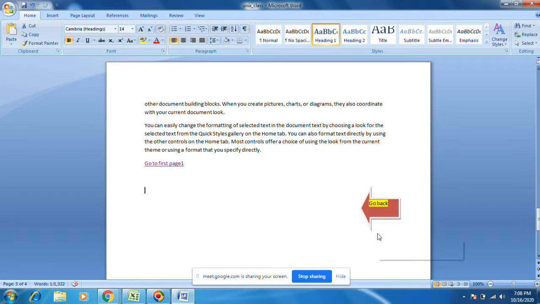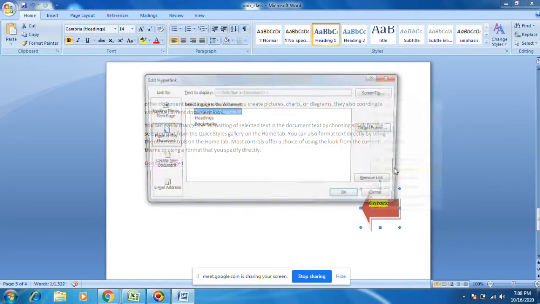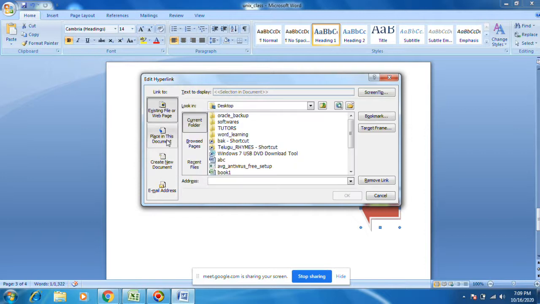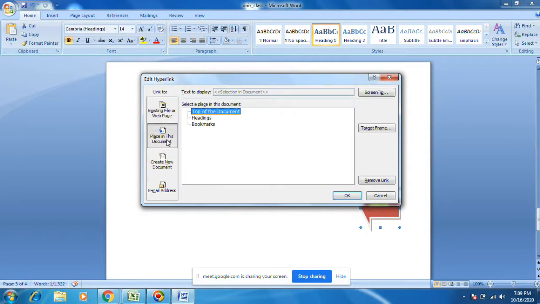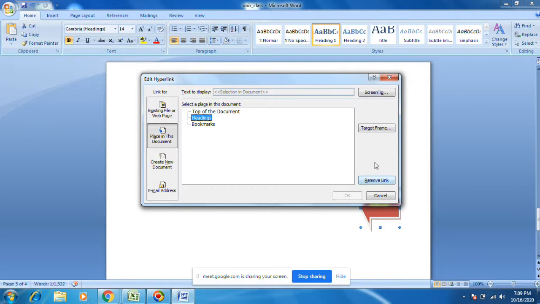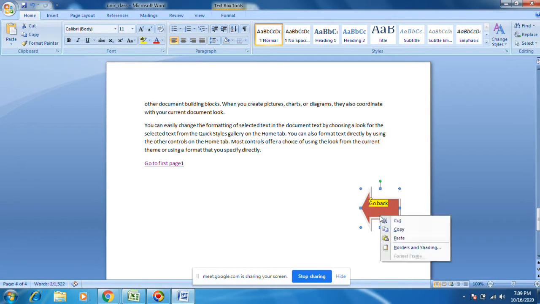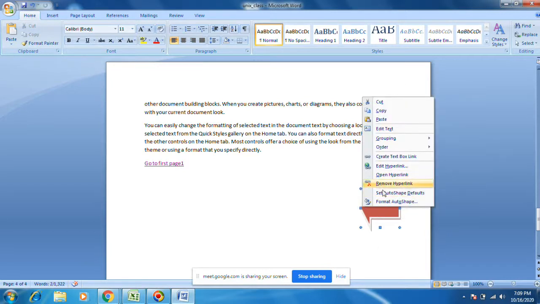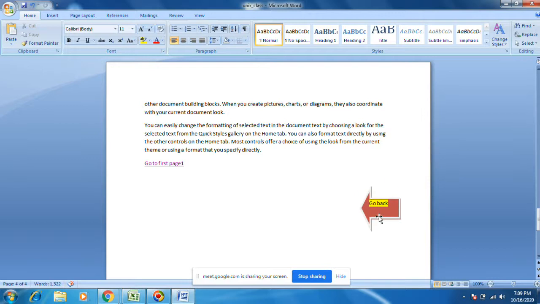I want to put a similar kind of hyperlink, edit hyperlink, place in this document, headings. Better remove the hyperlink now and let's create one once again.